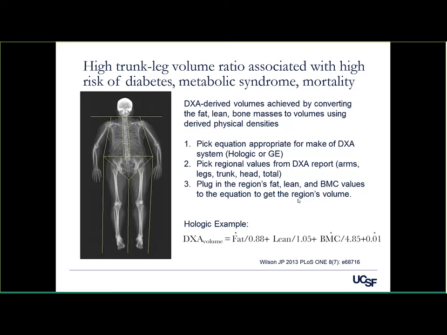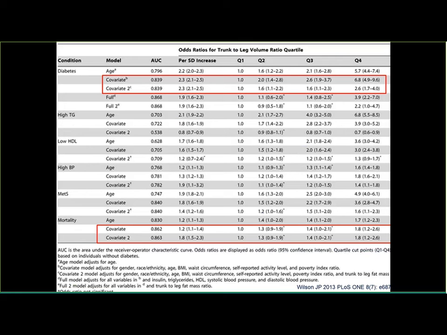What's a practical example? Well, we have a study at UCSF looking at lymphedema in women after breast cancer, looking for accurate and precise estimates of change in the arm volume. So that's one possibility of how we're using it. You can also derive new indices, and here's an index that I don't present in full, but you can see it's the trunk volume to leg volume ratio. And this ratio actually turns out to be a body shape measure that says how big your trunk is compared to your legs. And, you know, in a high visceral fat phenotype,